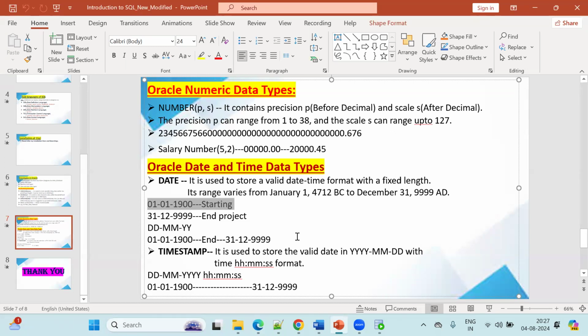So normally, what happens in companies is, consider that if any data is there,